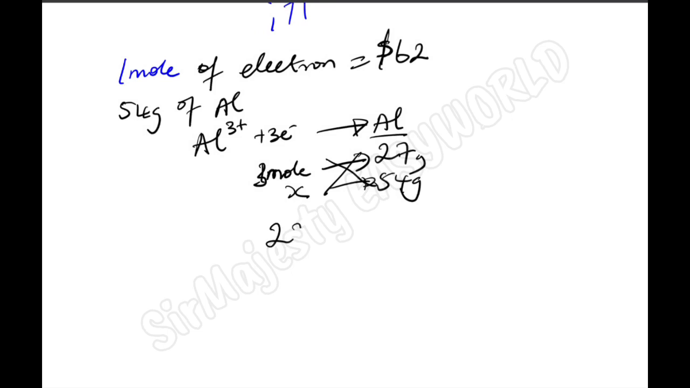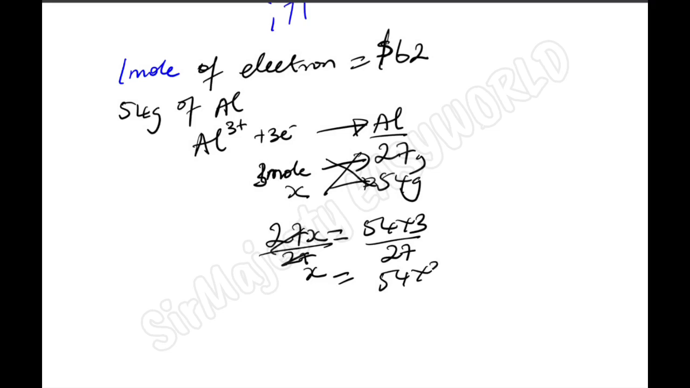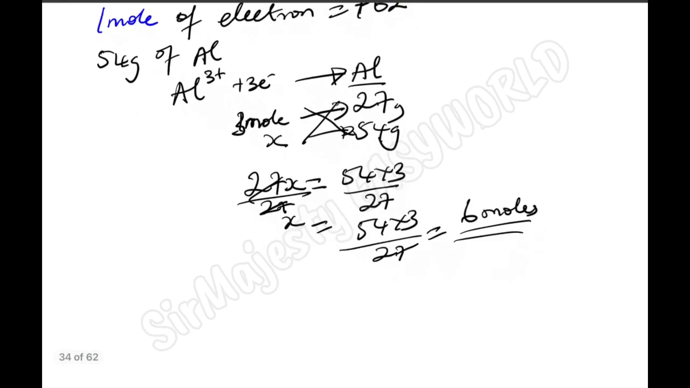You cross multiply, it becomes 27x is equal to 54 times 3, such that you divide both sides by 27. That's the coefficient of x. Cancel, cancel. X alone is equal to 54 times 3 divided by 27, which will give you 6. So 6 moles of electron is required to produce 54 grams,